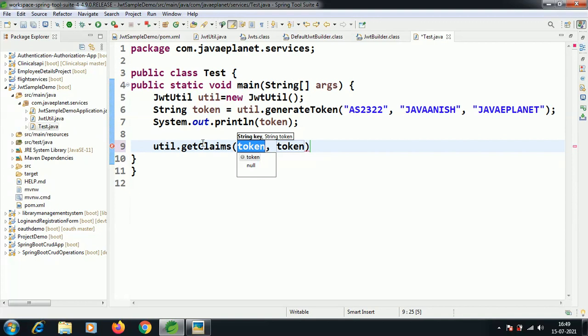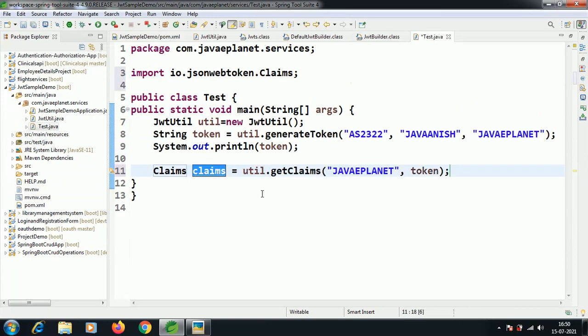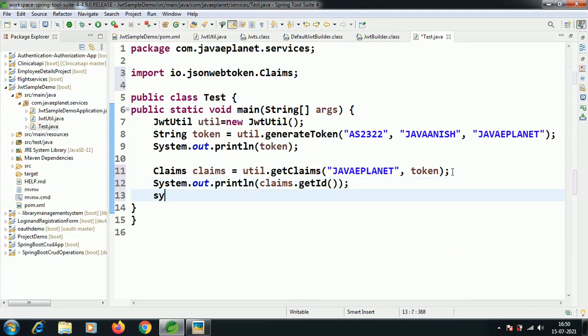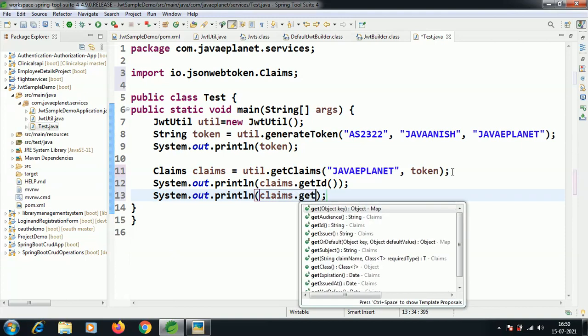Key is JWT, that we have passed there, which is a string type, and pass the token and assign the statement to a new local variable, clients. sysout clients.getId, sysout clients.getSubject,